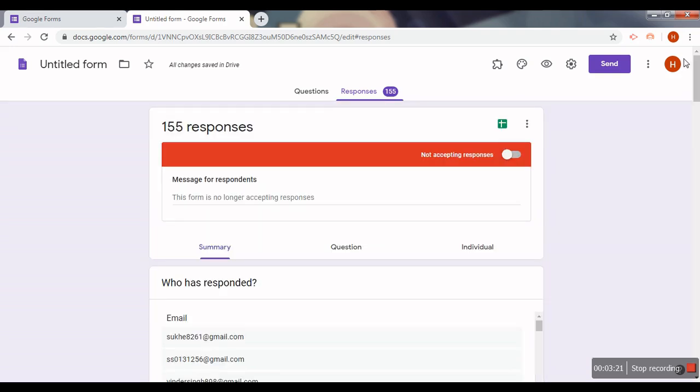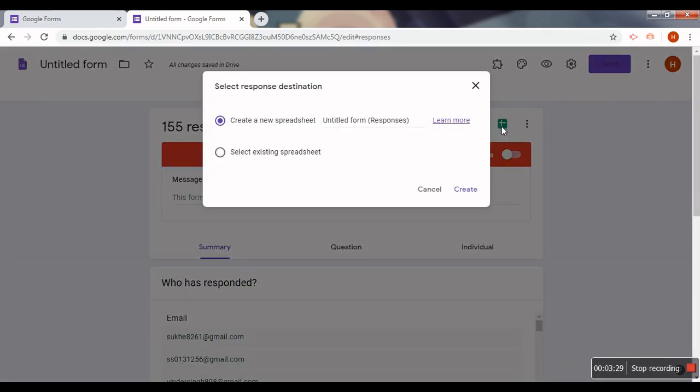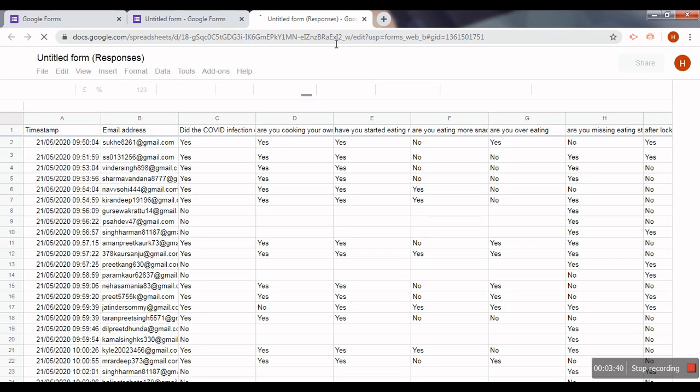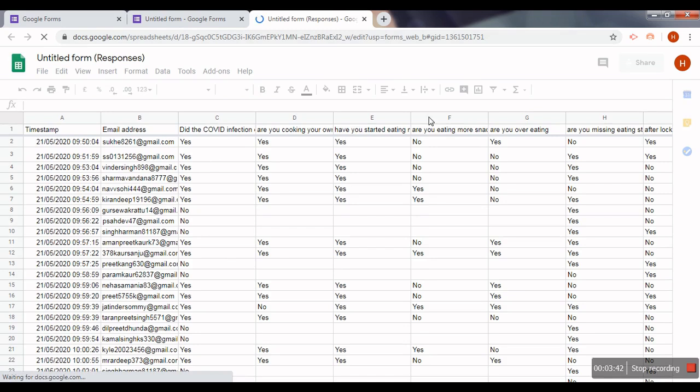Plus, on the extreme right side you see a green symbol with a plus sign. If I click on this, let's see what happens. Let's wait for the magic to happen. The entire data will appear in the form of an Excel sheet, right, which you can download and then use as per your requirement.